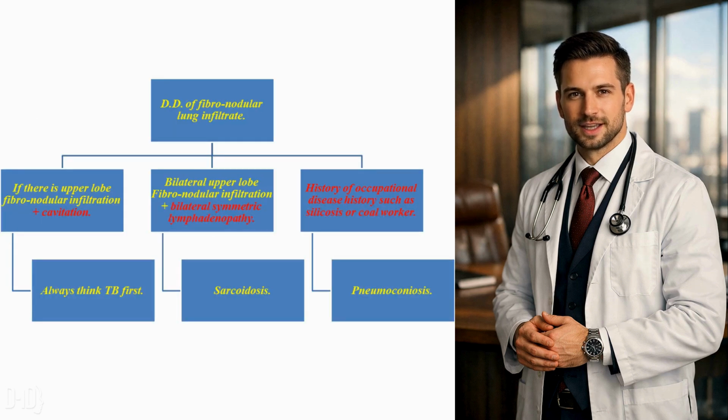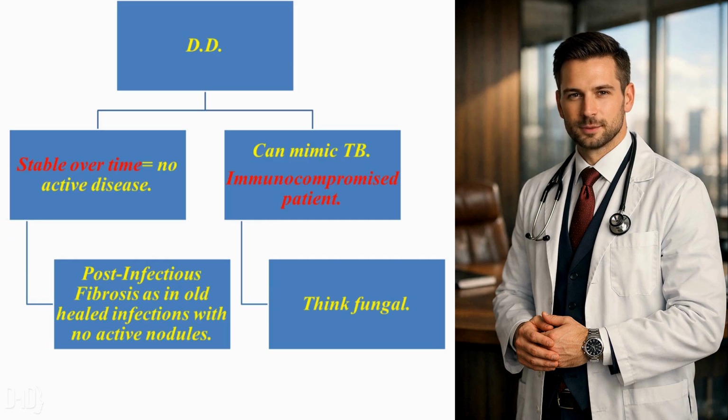Look at this smart art for differential diagnosis of fibronodular infiltration. If it is associated with cavitation, always think TB first. But if it is associated with bilateral symmetrical lymphadenopathy in the chest, think sarcoidosis. If there is history of occupational disease such as silicosis or coal workers, your diagnosis is pneumoconiosis. Finally, if fibronodular infiltration is stable over time, think post-infectious fibrosis, but if it is in an immunocompromised patient, think fungal